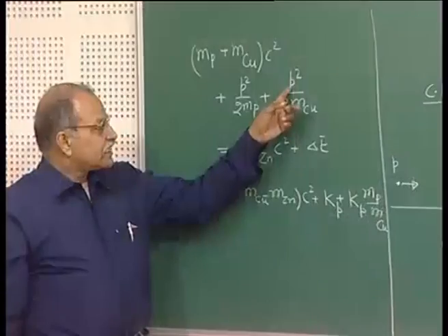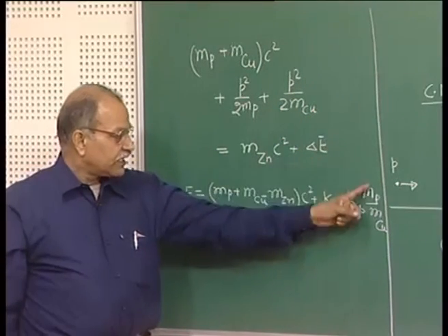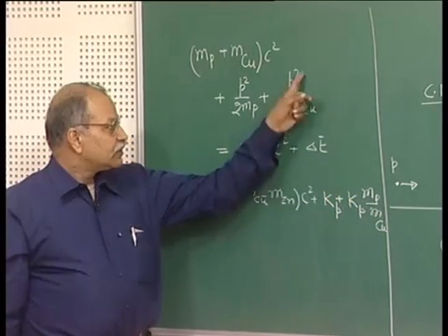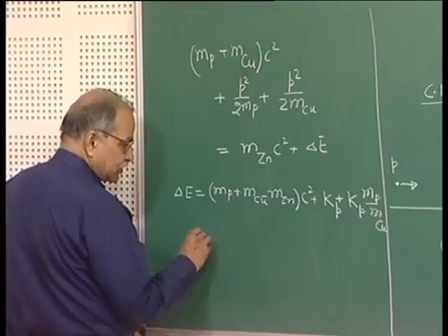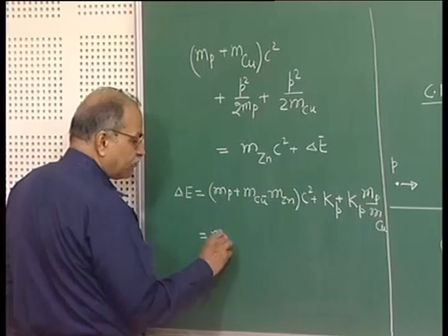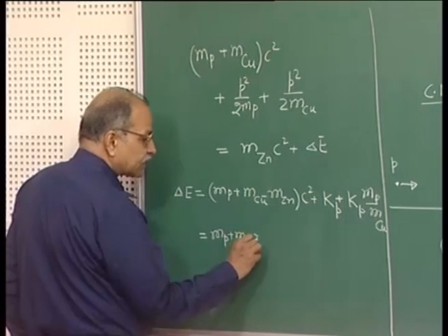Right, you can write this as p square by 2 mp here and then mp by mcu. So, that mp by mcu is here and p square by 2 mp is the kinetic energy of the proton. So, it is mp plus mcu and minus m zinc